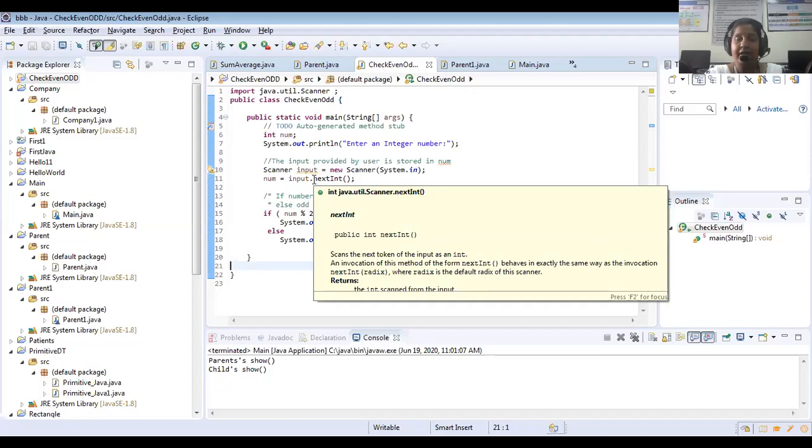Because all standard input and output is stored in that library. Conio.h is needed if you want clear screen, getch and so on. If you use the square root function in your program, you have to use math.h in C. Like that, here we are going to import the packages.